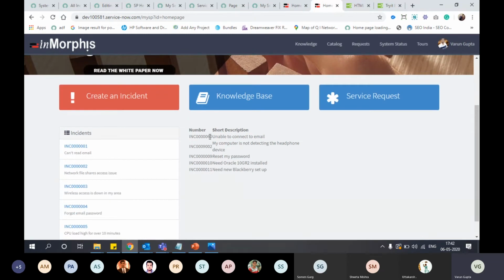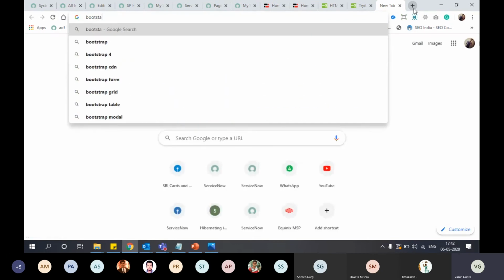So our widget is working. We are getting data from server side to front end. We can customize this layout by using our own custom CSS, or we can just use Bootstrap tables.